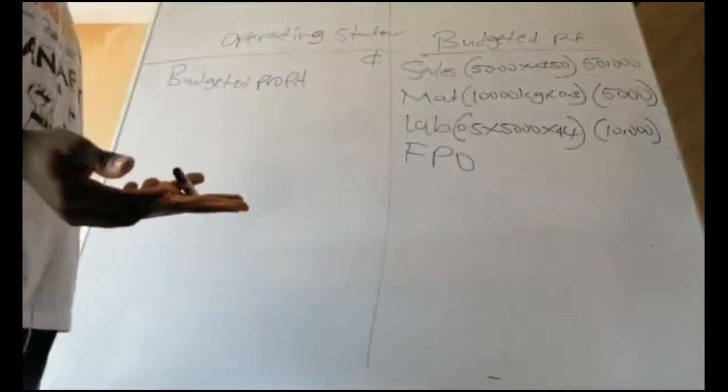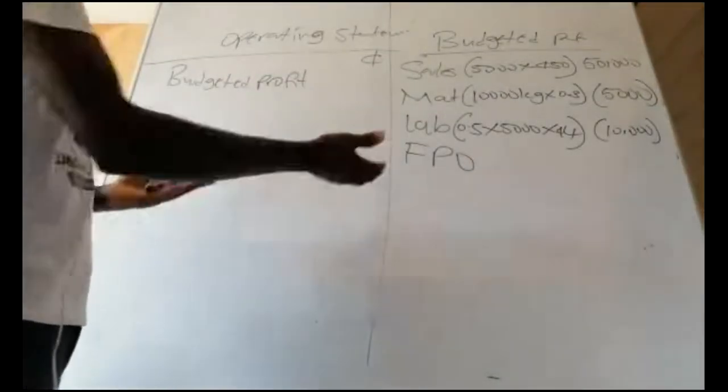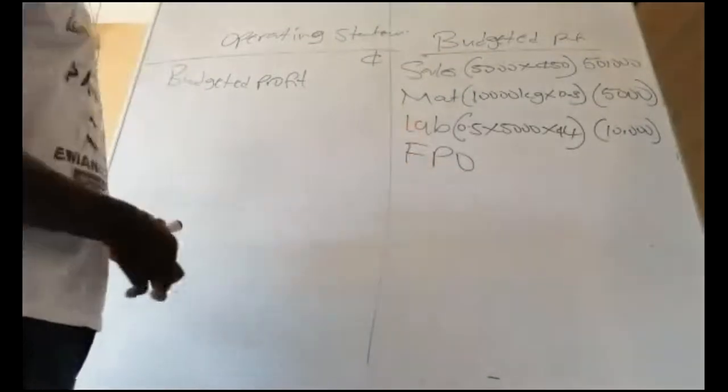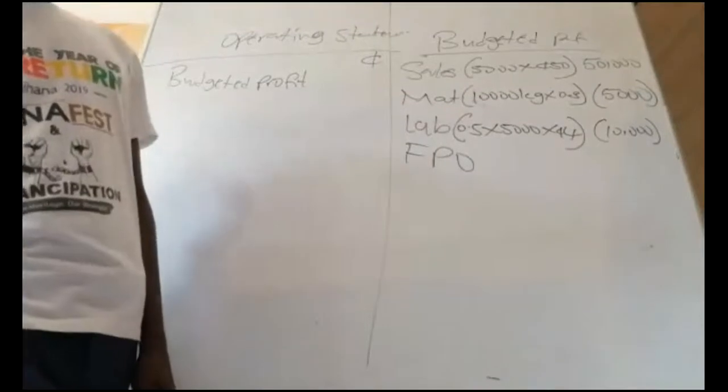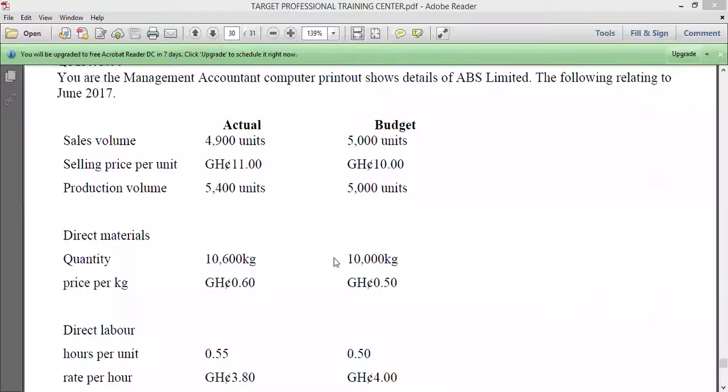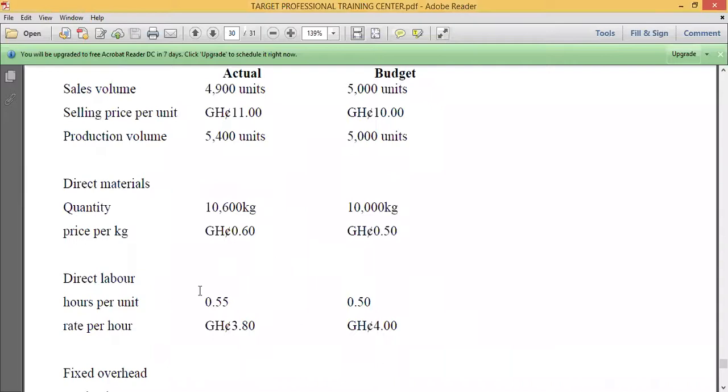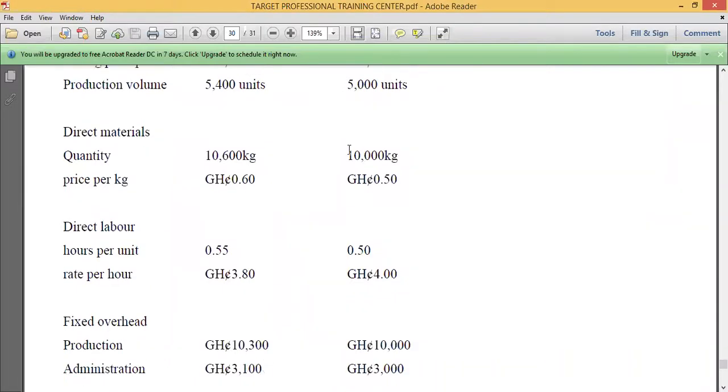Oh, then we're almost done. Let me fix the production overhead. No calculation, fixed production overhead was given to us straightforward. No calculation on that, so we go ahead and pick it. So fixed production overhead will be,